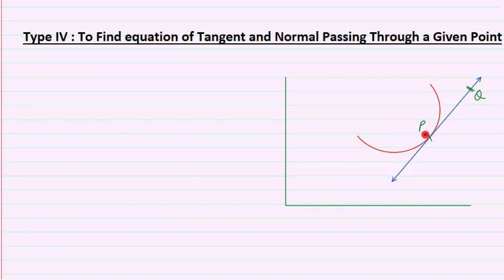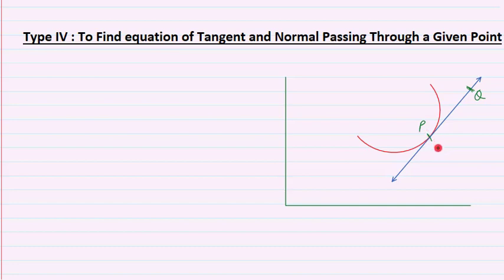In such types of questions, the equation of the curve will be given to you and the coordinates of the point Q will also be given to you, through which the tangent is passing. So the concepts remain the same as we have discussed, we just have to make some changes as per the given question. As the equation of the curve is given and P is a point on it which is not provided to us, we need to calculate this point, and we'll suppose that this point P has coordinates x1 and y1.